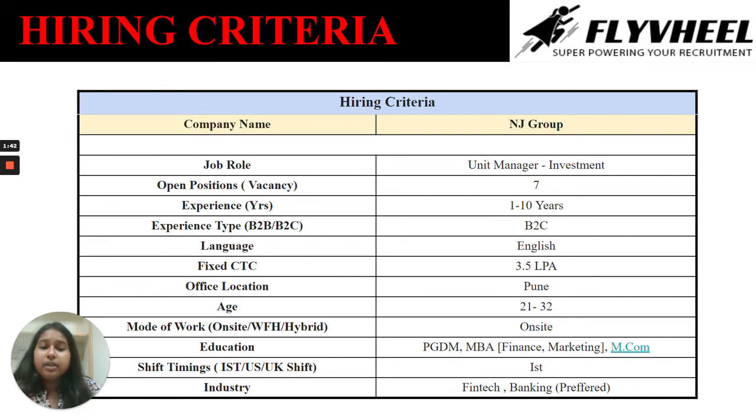The age requirement is 21 to 32 years. You must not go below 21 and not go above 32. Mode of work here is on site in office. The education requirement is MBA in finance or marketing or MCOM, like any master's degree in the field of finance and marketing. The shift timing here is as per Indian standard, and the industry requirement for this particular job role